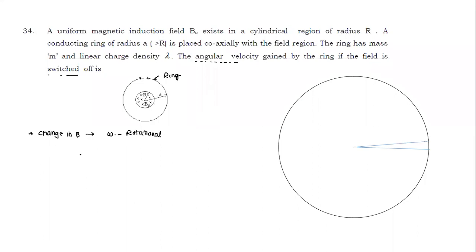This question is about how to find a change in angular velocity. Actually, you find the change in angular momentum. So this question involves a change in angular momentum. And what is change in angular momentum equal to? Linear momentum change is equal to force impulse. Change in angular momentum is equal to angular impulse. What is angular impulse equal to, Akash?